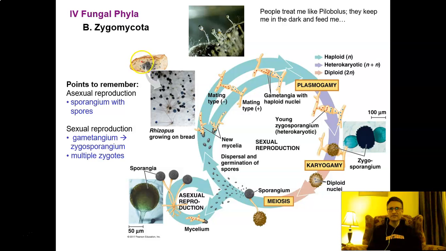So here's a piece of bread. The little moldy cells that you see on it are in fact this fungi, Rhizopus, and it has little sporangia right here. You can see the hyphal structure right there. But as frustrating or sometimes disgusting as we think Rhizopus and bread mold might be, a lot of Zygomycota are also very important decomposers, particularly decomposers, among other things, of dead animals or animal waste. One particular genus that does that very well is the genus Pilobolus, that decomposes a